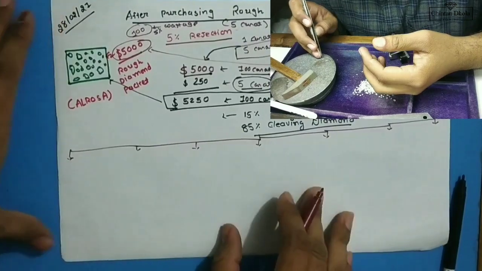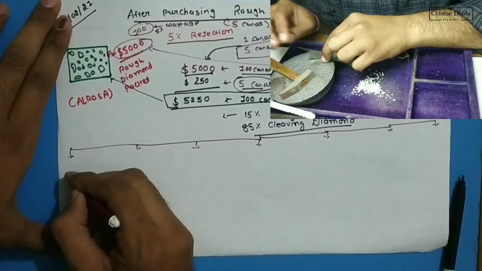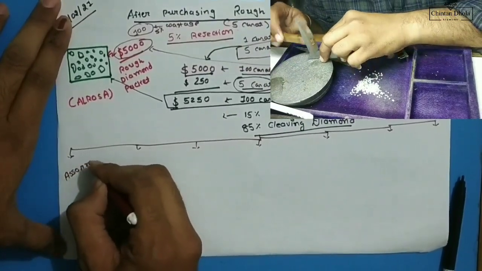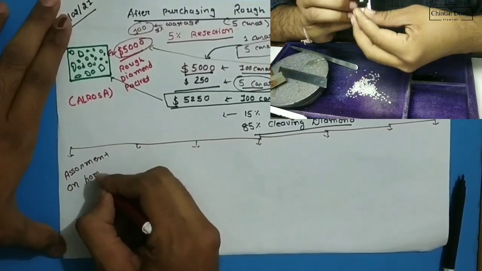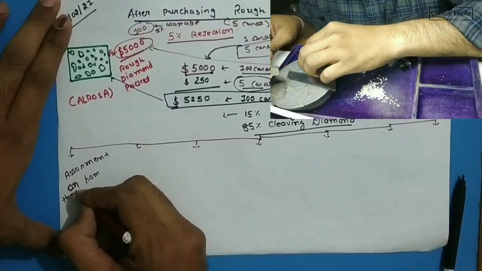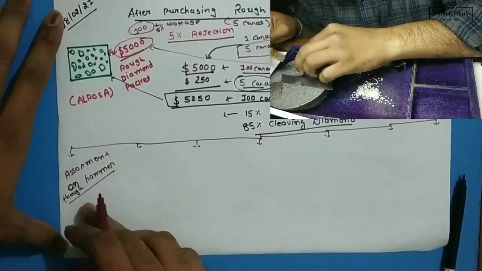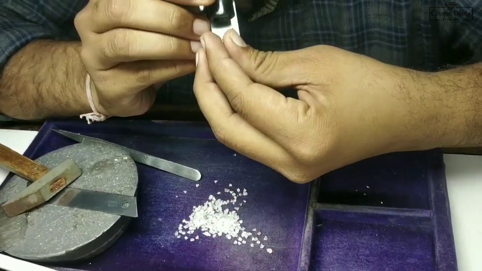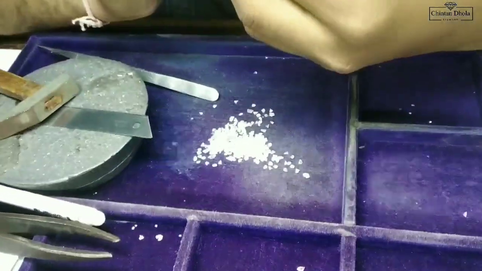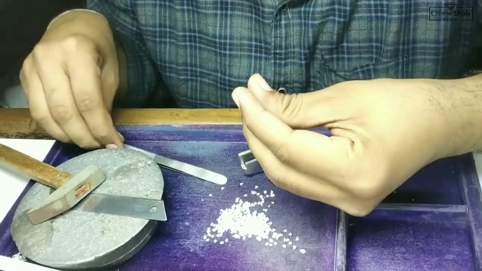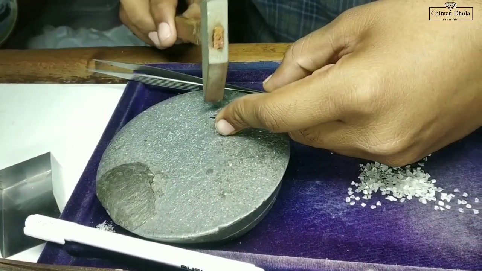Now look at this. In cleaving, firstly we do assortment through hammer. Now look in this video how we can do assortment through this hammer. We have one blade as well as one hammer, and we have to put pressure on that. After that we do, and we can get some crafts from this diamond.